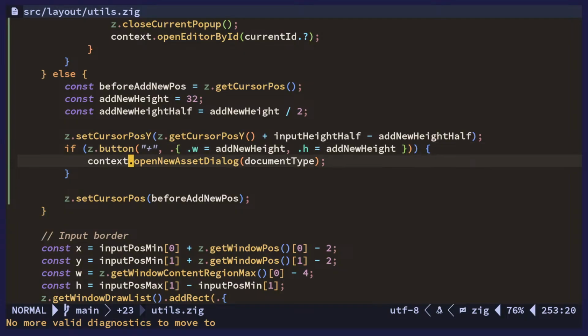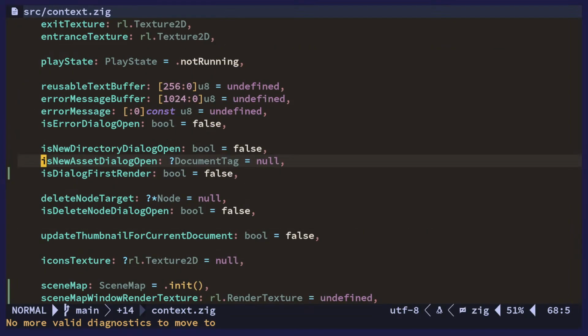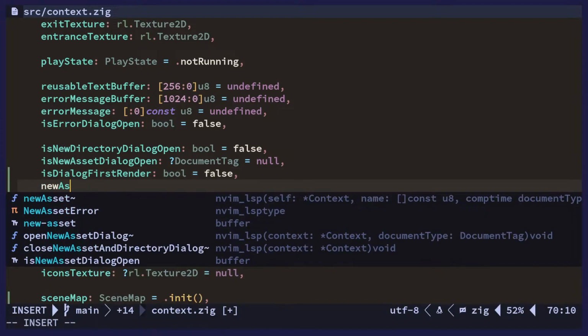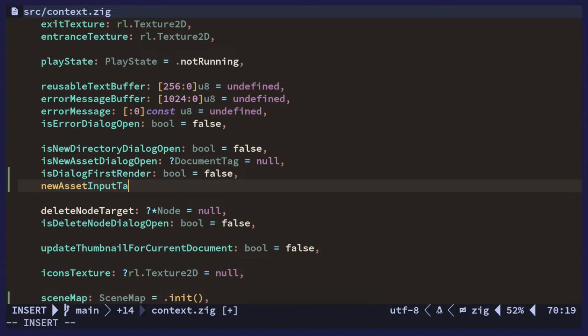So what we need is to go to these things and say new asset input target, which is a nullable, I guess it could be like a pointer to a UUID or something. Maybe. Although that's going to be difficult because